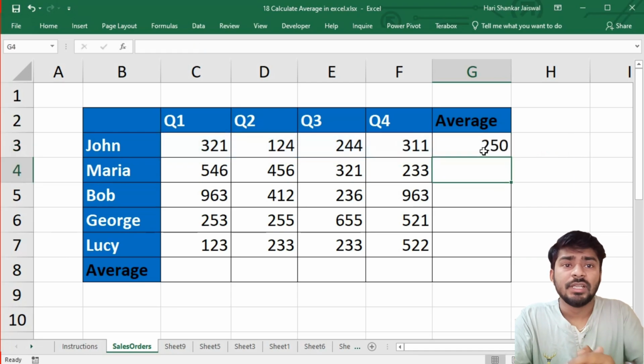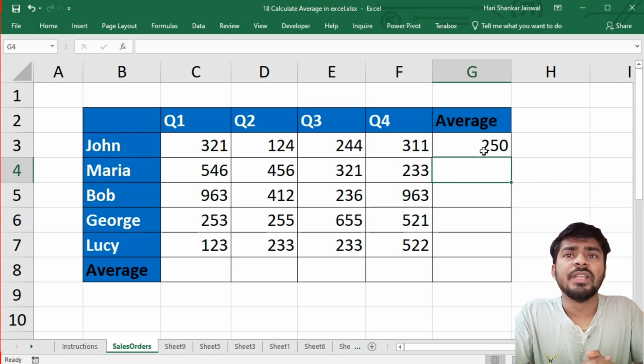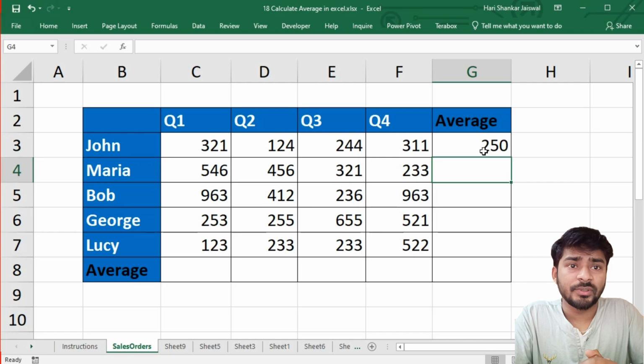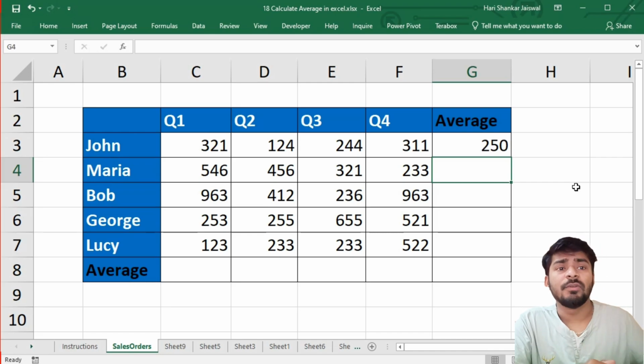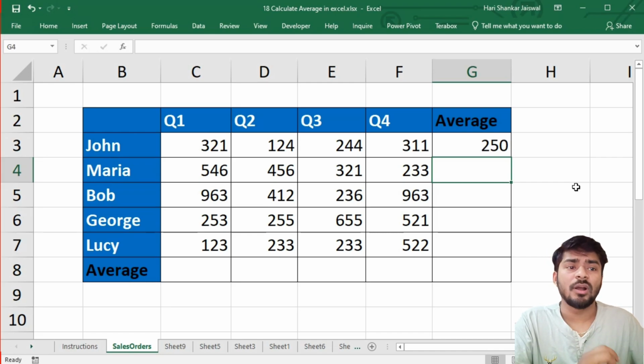and have a look. The function helps us calculate the average number of sales John made per quarter. Actually, we would come up with the same result if we sum up the figures of John's sales for all quarters and then divide the total by the quarter count, which is 4. However, the function average makes the calculation a lot quicker and easier, but you need to be aware of one